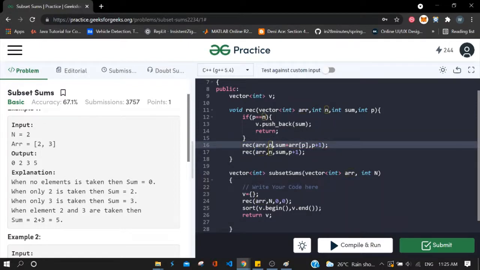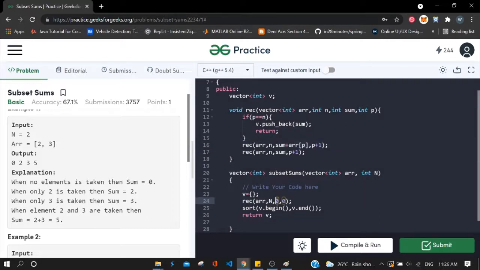This is the same in all the cases, but here you can see I'm taking the sum plus array of p. In this case I'm taking the value 2, but in this case I'm leaving it. So in the recursion, the sum initially would be 0 because we are passing 0 over here.